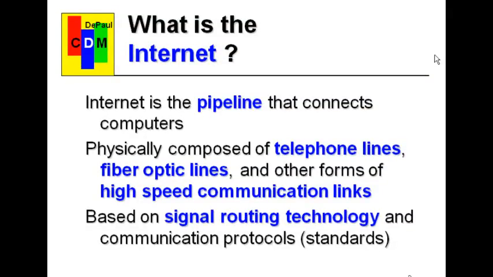So first of all, what's the internet? Well, it's a pipeline that connects computers. And physically, it's composed of the things you see here in blue. That is wire telephone lines, fiber optic, which is a little glass fiber that transmits pulses of light, and other forms of high-speed communication links, including satellite and undersea cables, and anything else that can carry an electronic signal from